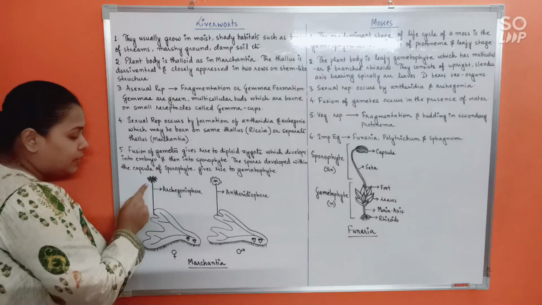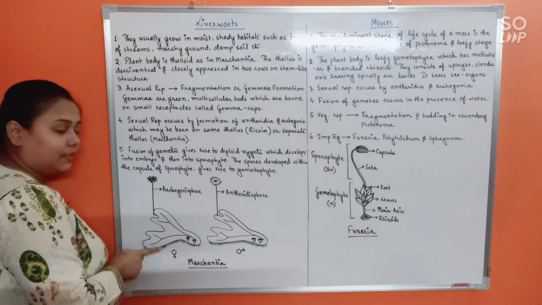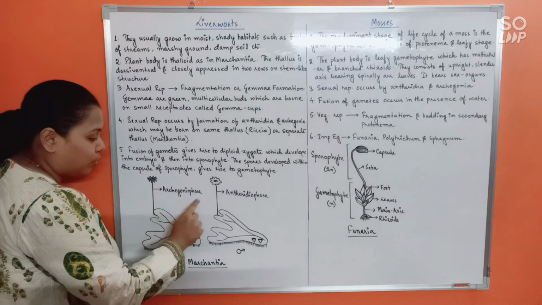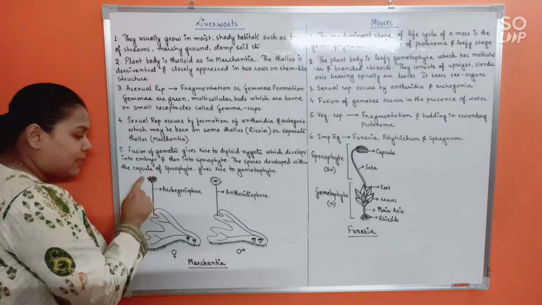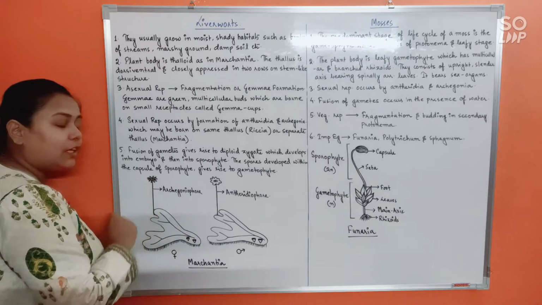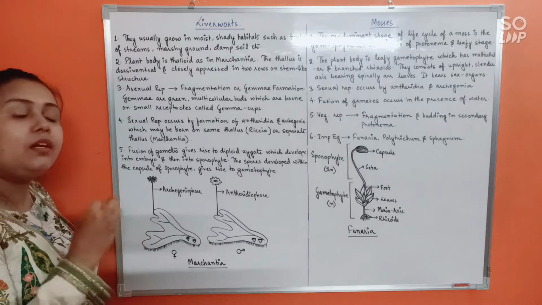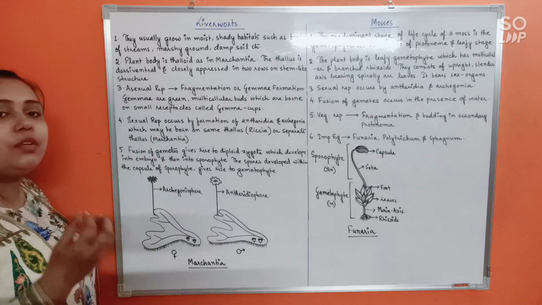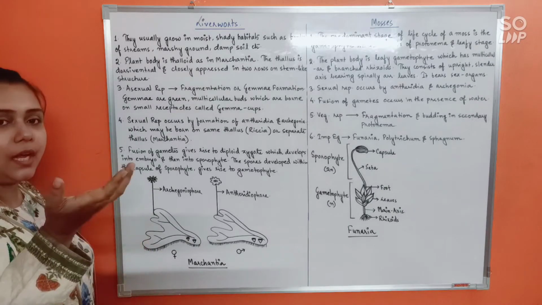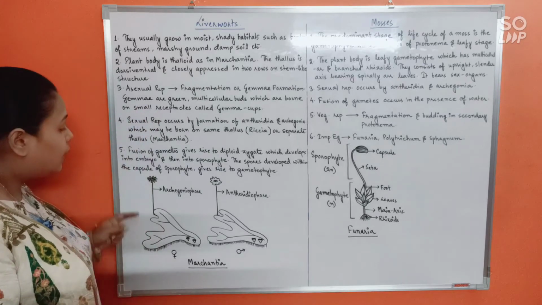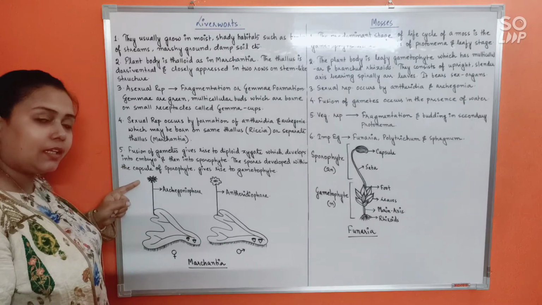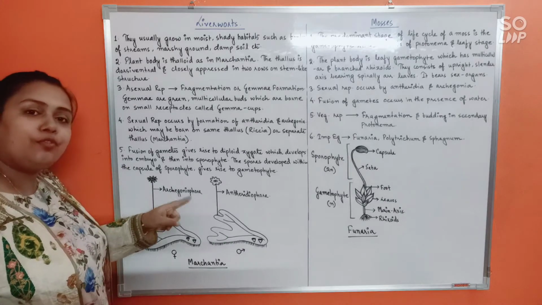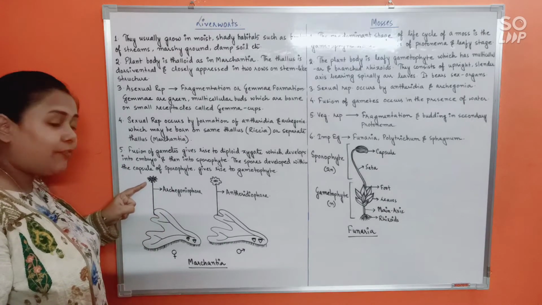The receptacle borne on the female thallus is called the archegoniophore, and it will bear rays, and this is the receptacle which finally will give rise to archegonia. It will bear the archegonia. So it will hold the archegonia upright at a height. Because this receptacle is going to bear archegonia, we call it archegoniophore, and it is going to consist of rays.